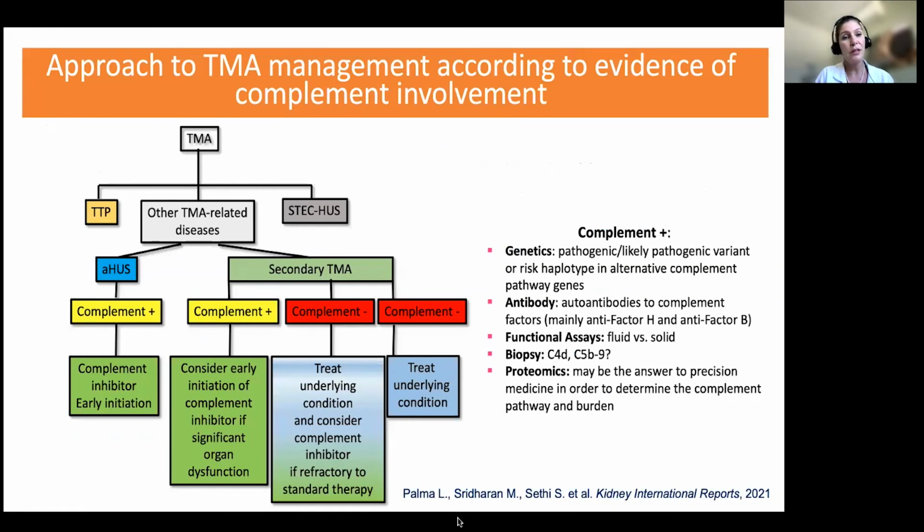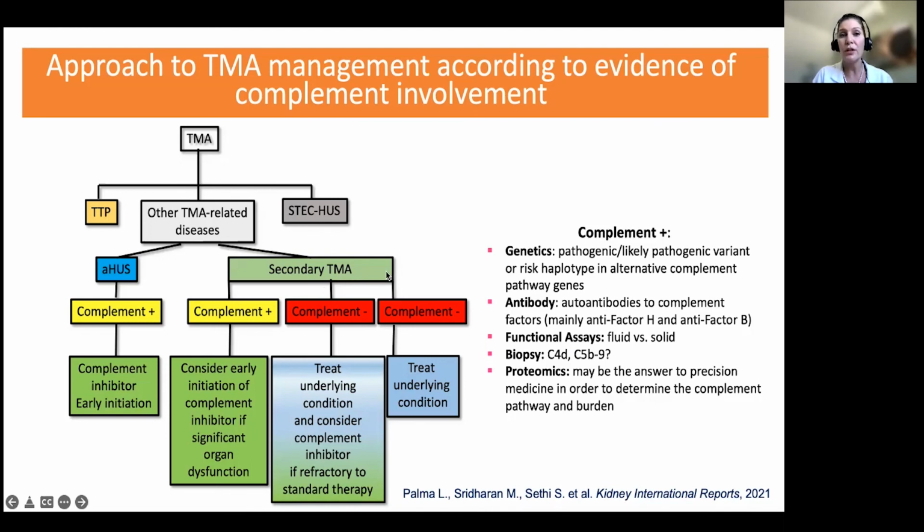And this is the wrap-up that I want to bring to you. So once you have a patient with a thrombotic microangiopathy, rule out TTP, as a rule of thumb at the bedside with the PLASMIC score. Think of STEC-HUS, especially if there is a history of ingestion of some contaminated food and bloody diarrhea. And then in between, you have a combination of atypical HUS and secondary causes. When you have a secondary cause of TMA,